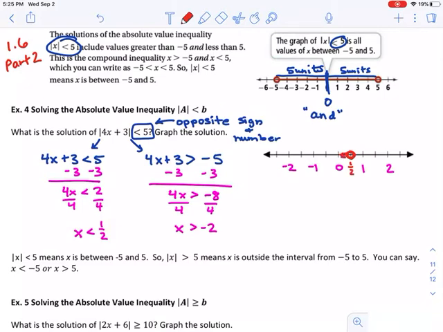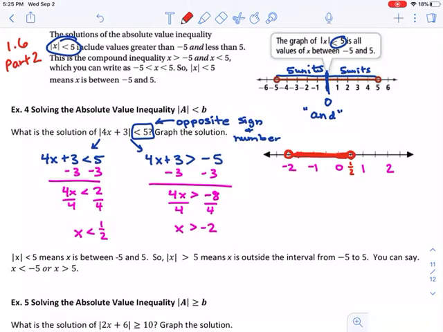Less than means that we're starting to go off to that left-hand side. And then if I look at my other piece, I have x is greater than -2. So if I go to my -2, and again, we have an open circle. I do not get to color in that circle because it's not an or equal to. And x is greater than -2, so I'd start shading towards the greater than, and we can see that those are going to end up meeting